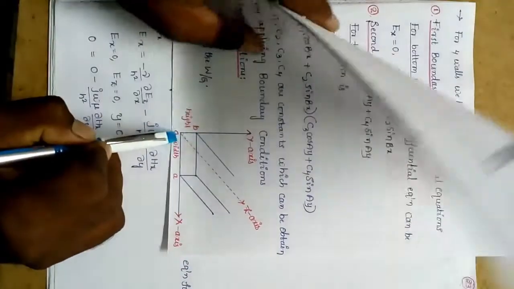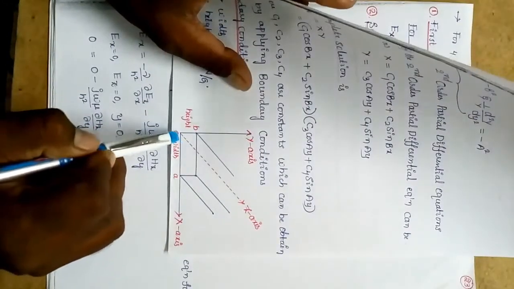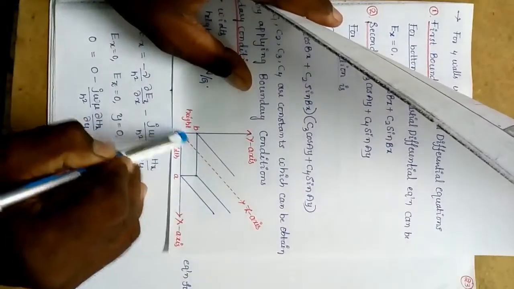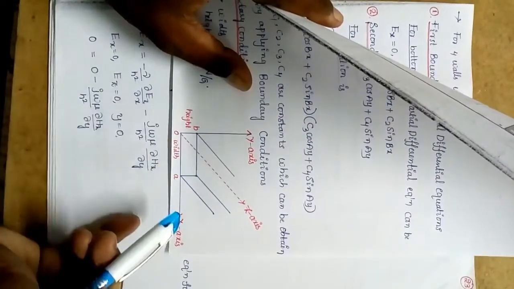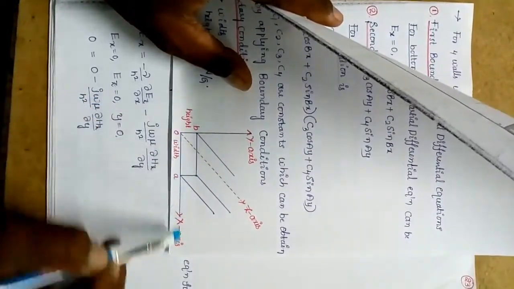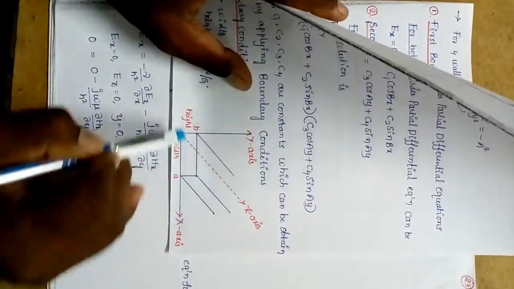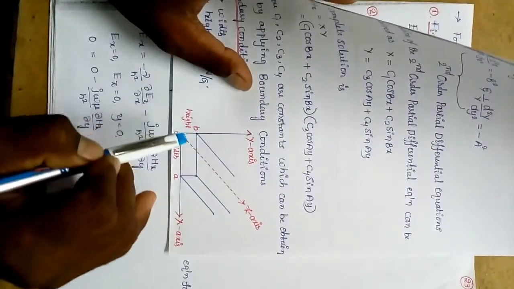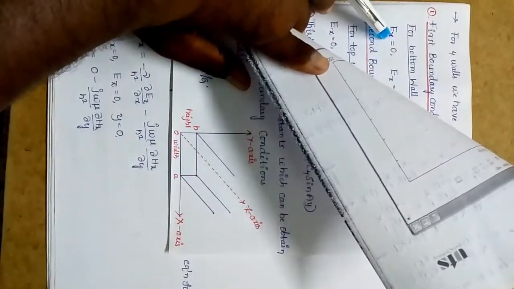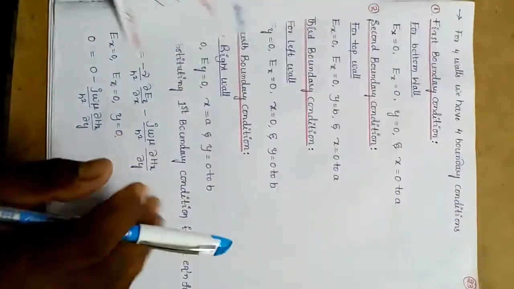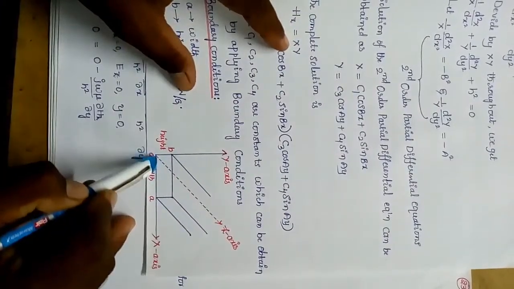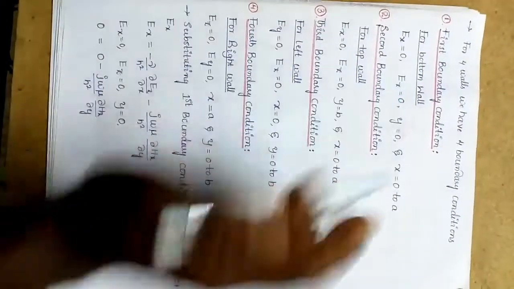For example, Ex, here is Ex present or not? For the bottom wall, Ex, where is Ex? From 0 to x, actually this axis is known as Ex. So here is Ex there now? No. Why? Because Ex starts at 0, so it should be equal to 0, so that's why I'm taking Ex is equal to 0. Clear? Next, Ez starts at 0, so that's why here also Ez is 0.